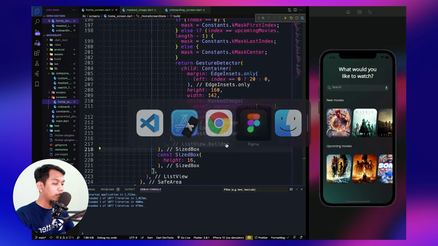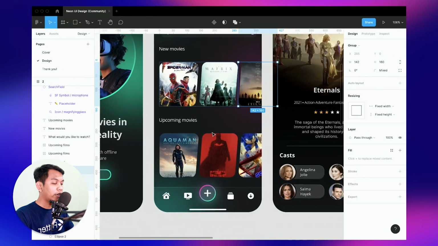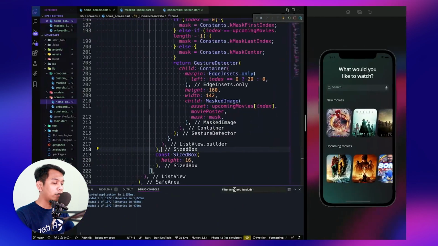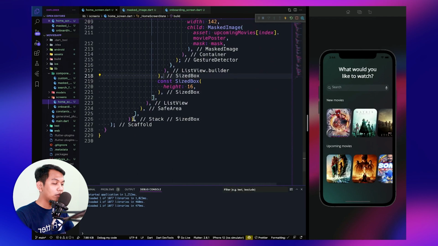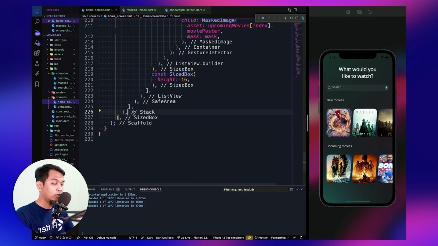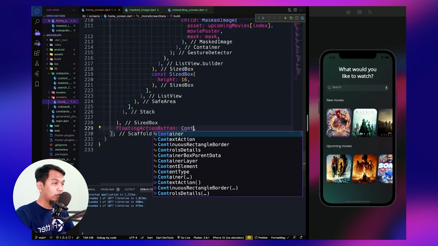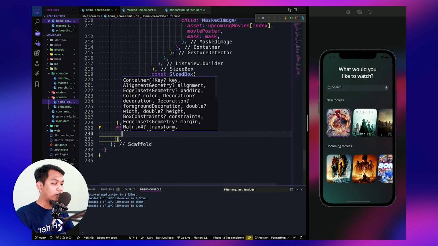The next is we will add this bottom navigation bar. Inside our scaffold, below our stack widget, we will have a floating action button, and we will use a container.